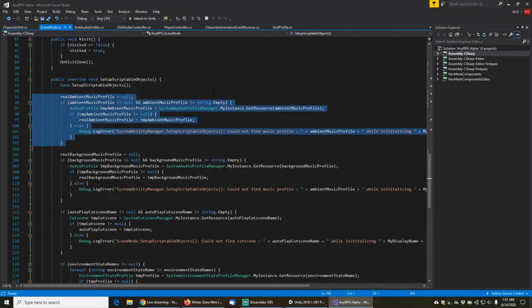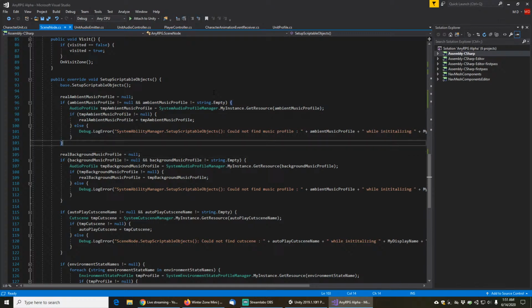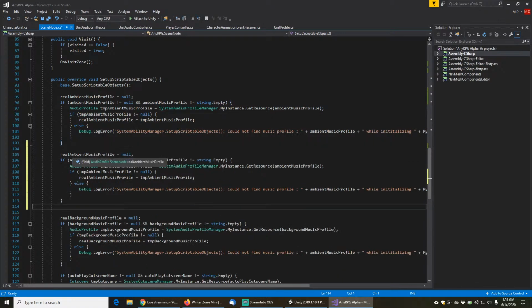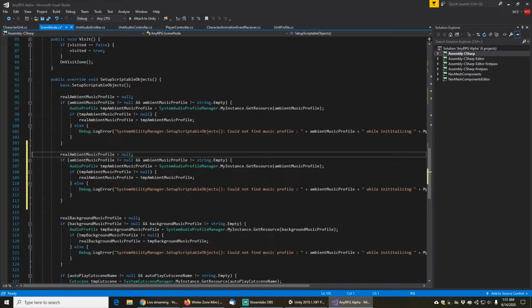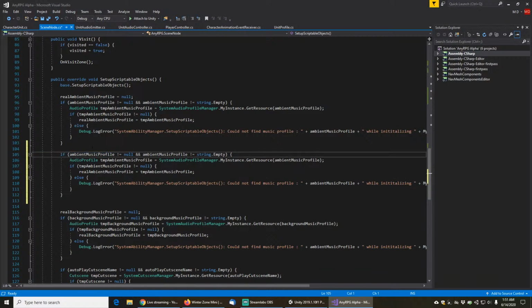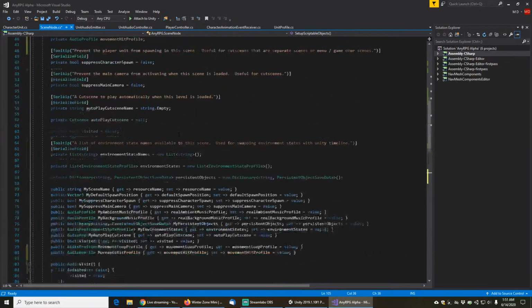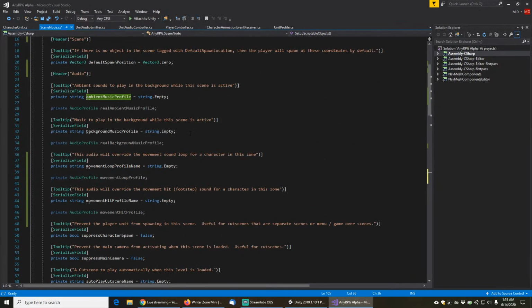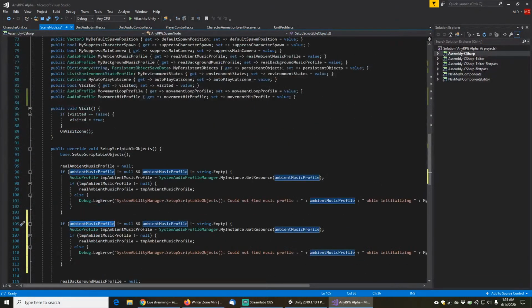So if, and the variable we're looking for right here is movement loop profile name,